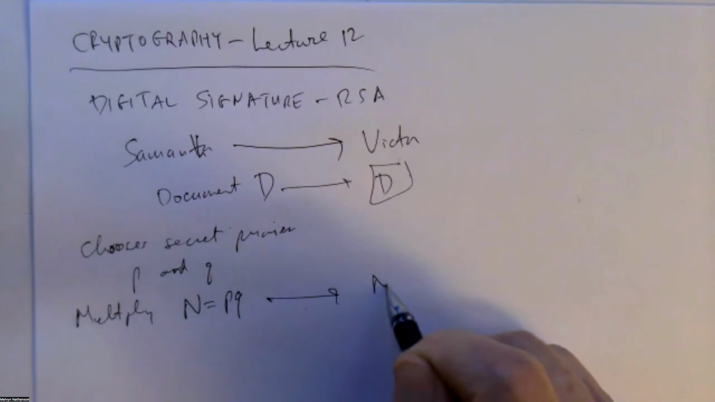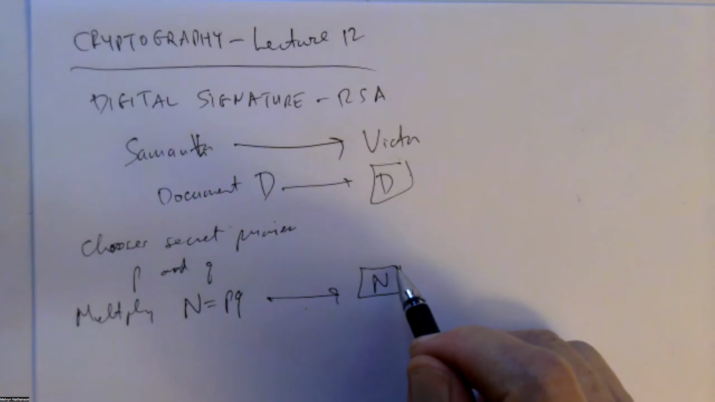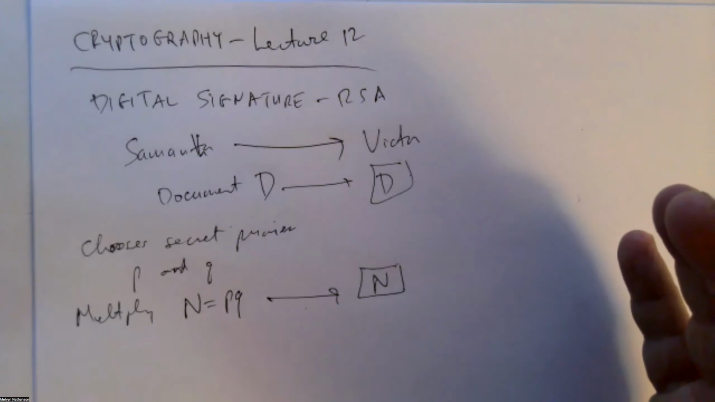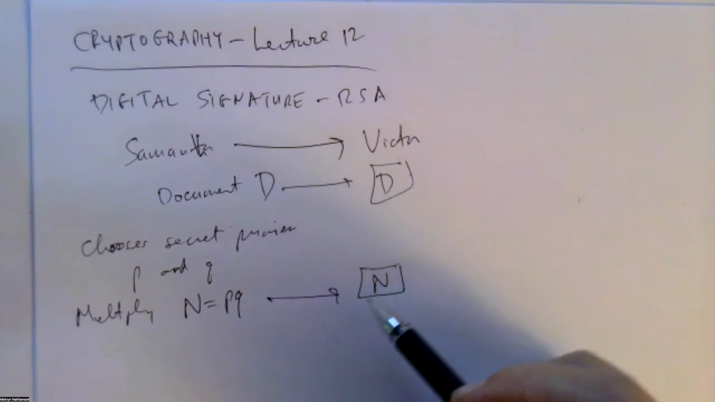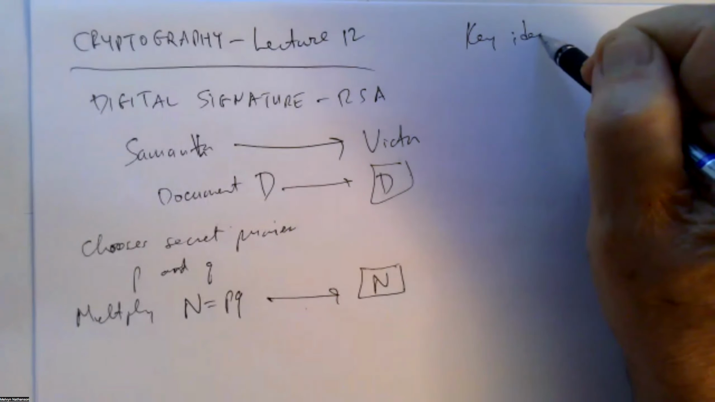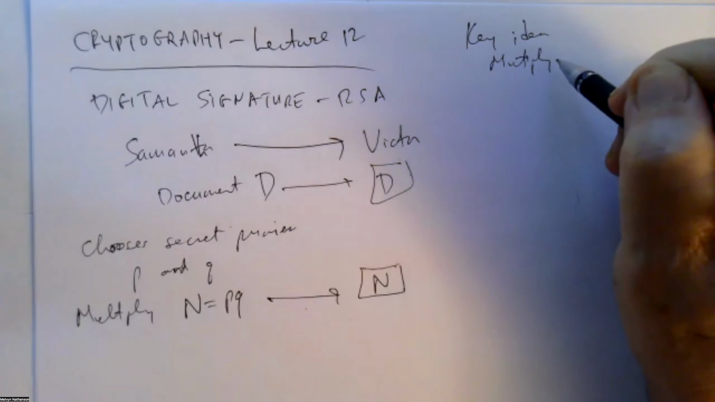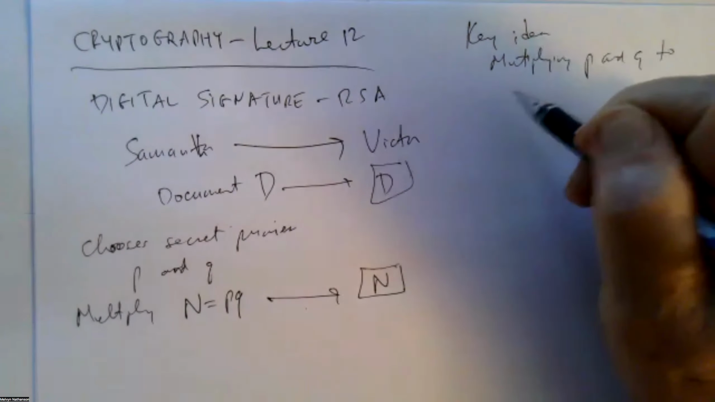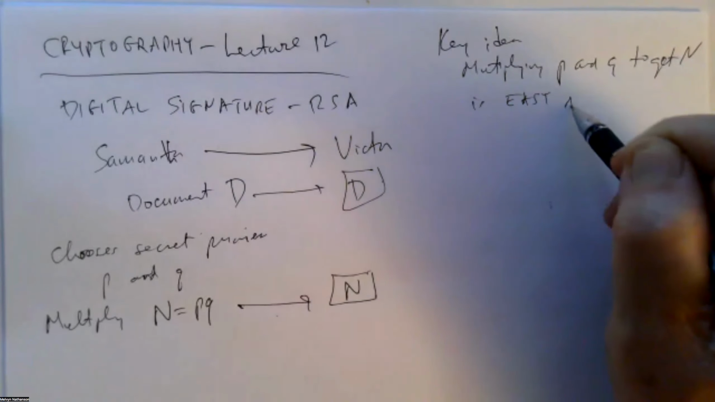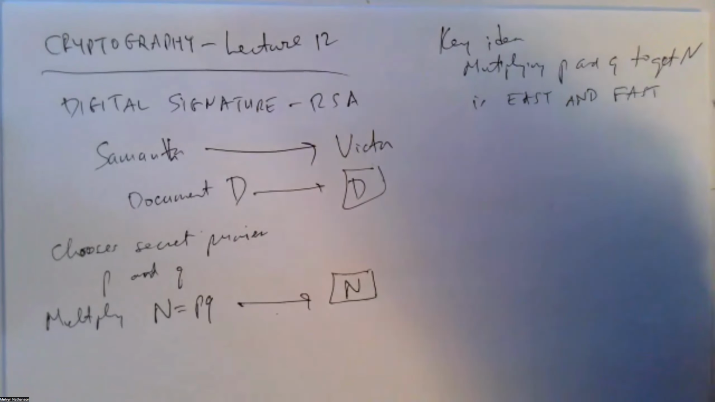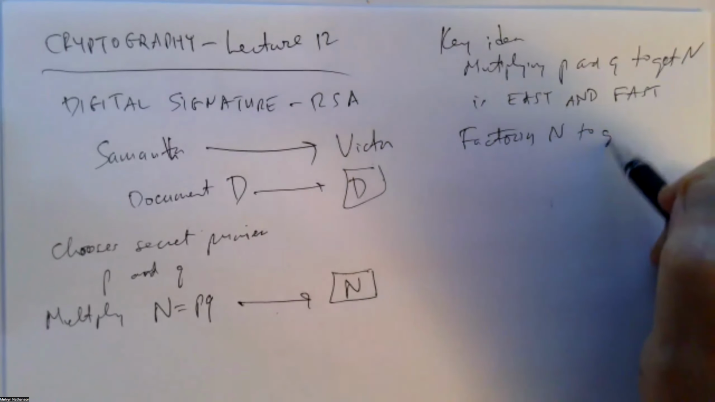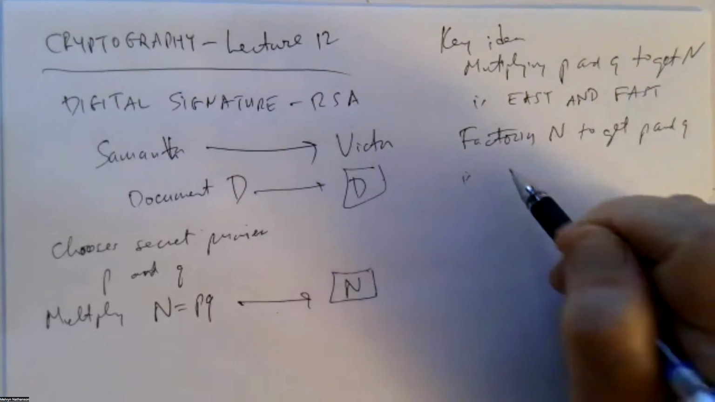Samantha is going to publish this number n. So everyone knows what n is, and everyone knows that n is a product of two primes, but they have no way in any reasonable amount of time to factor n to find out the primes. So again, the key idea is multiplying P and Q to get the number n is easy and fast. Factoring n to get P and Q is hard